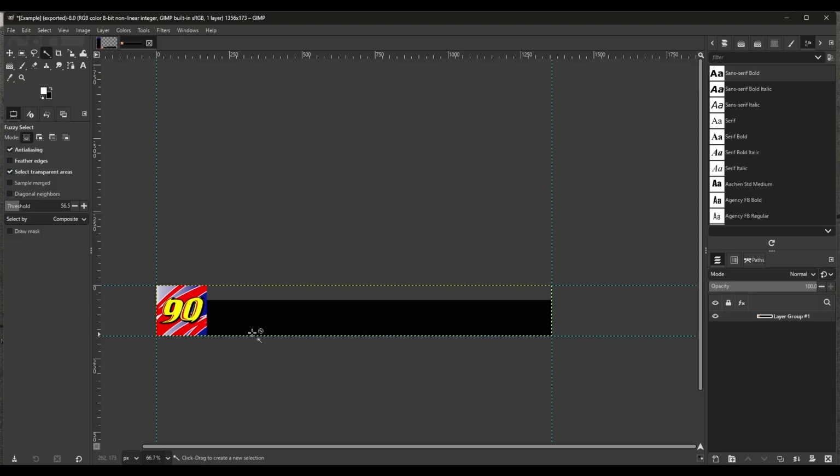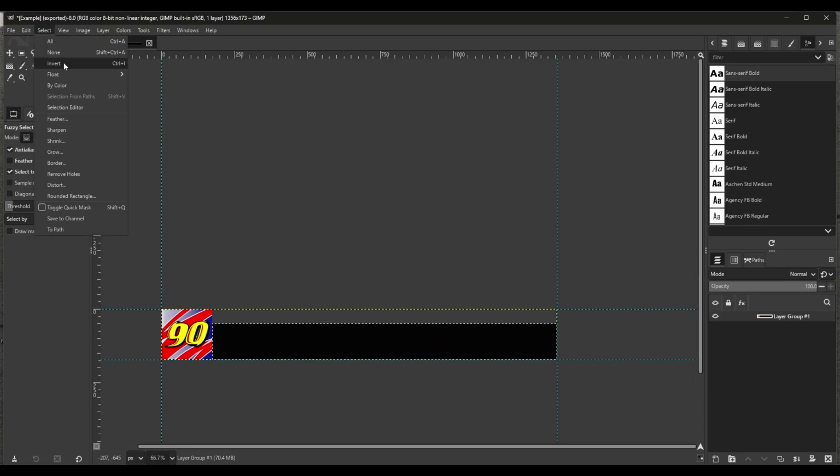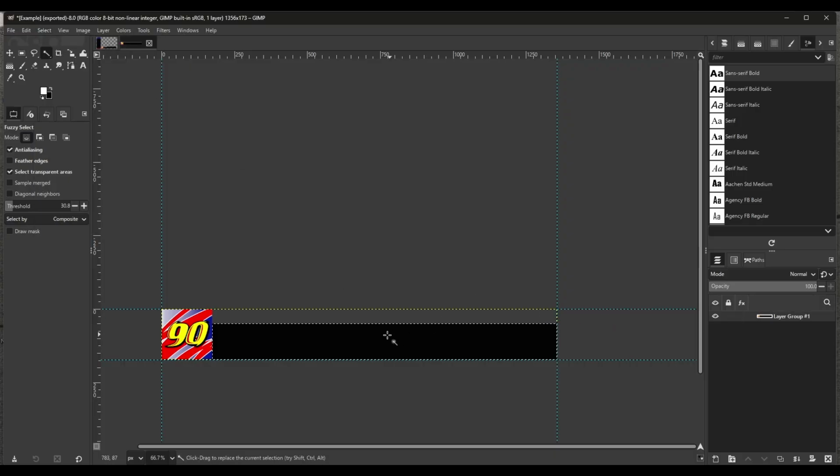Granted, you don't save this obviously, but maybe you use a magic wand tool, maybe lower the threshold, that way it just selects that black area, and then